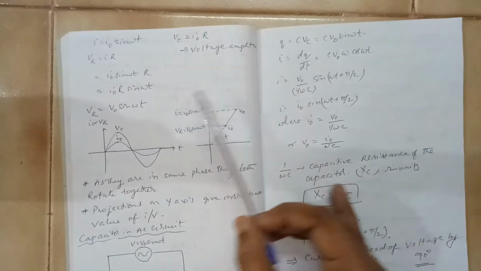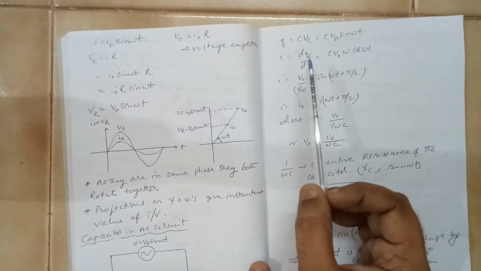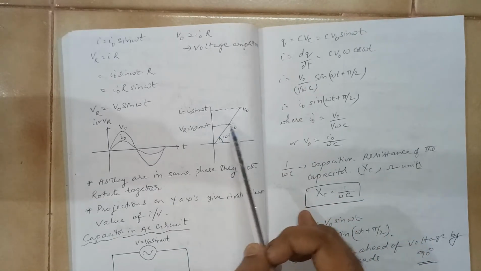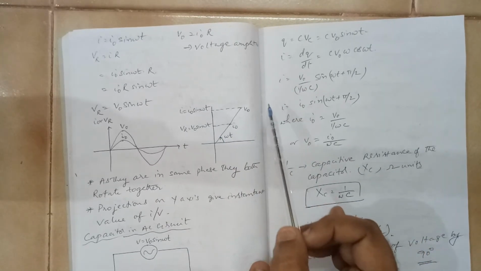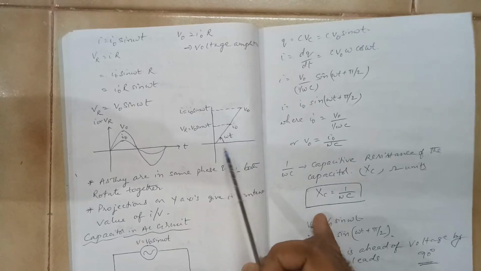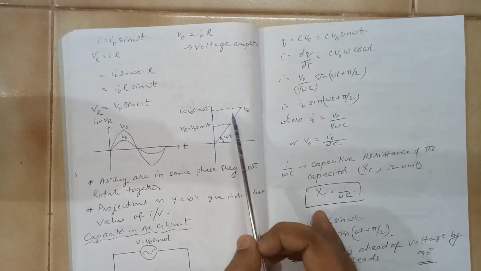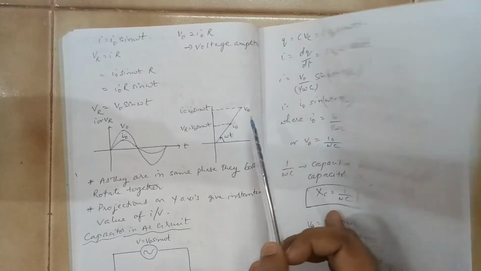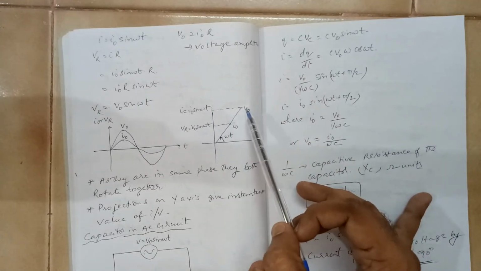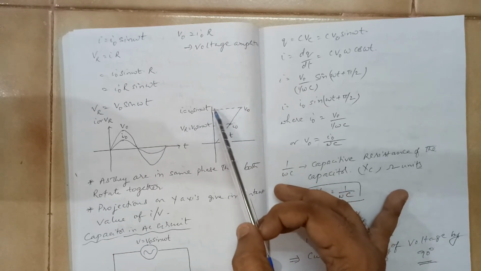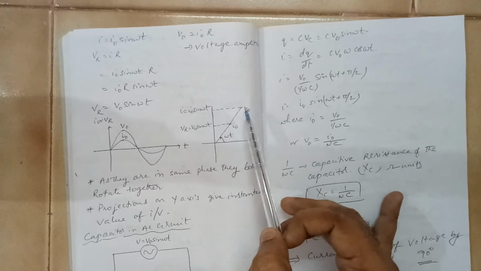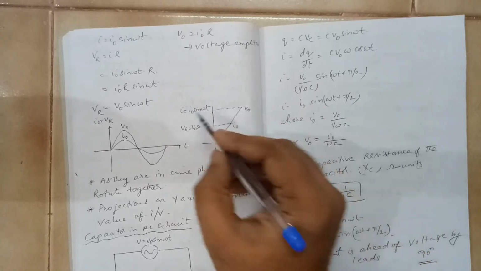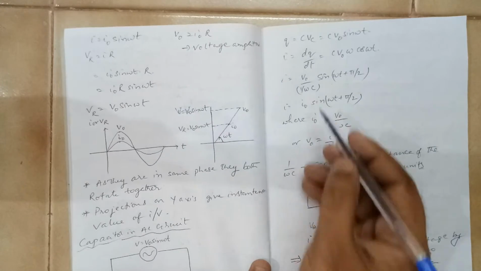If you try to draw the phasor diagram like we discussed yesterday, it will look like this. A phasor diagram is a circular vector: you assume it is moving with angular speed ω, so this line rotates in a circular fashion. If I take this point as V0 and drop the vertical component, I will get its instantaneous value. This will be V0. V = V0 sin ωt.